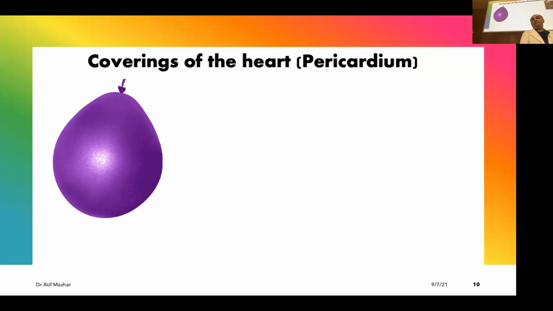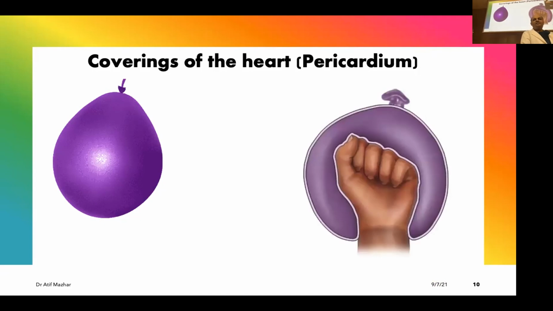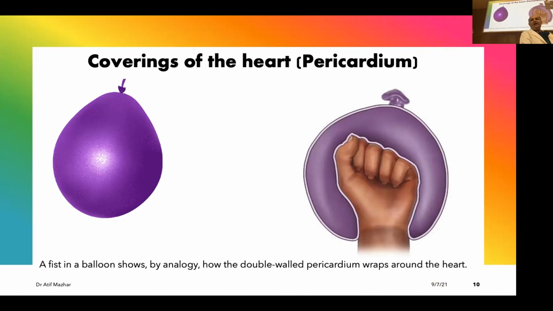Pericardium, pleura, peritoneum. When you are learning, it has a serous layer, it has a parietal layer, and it has a visceral layer. But in reality, that's one layer. How? Let's see. I'm pushing my fist into this balloon. Look at it. My fist has gone in. Is it inside the balloon? What did I do? I pushed in. So let's see how I pushed in.